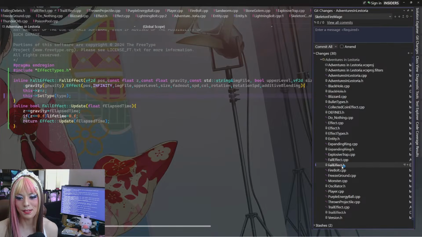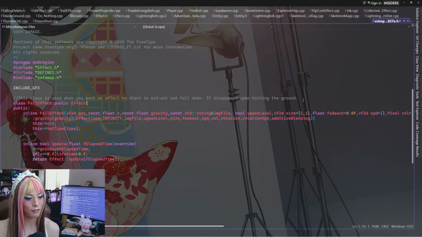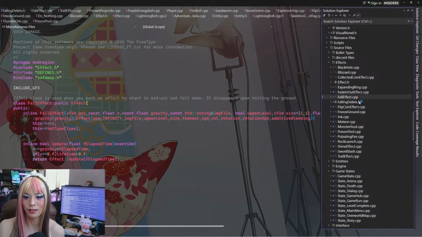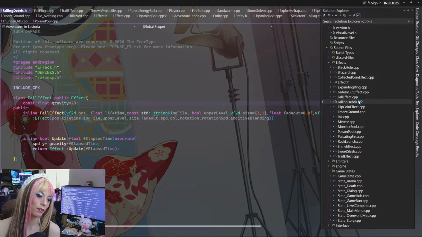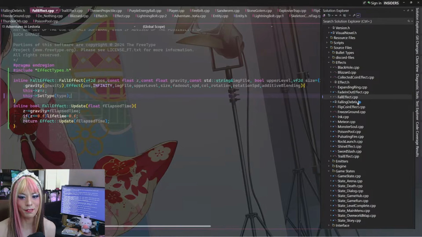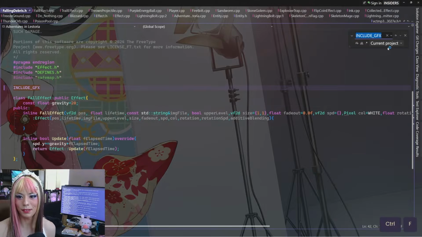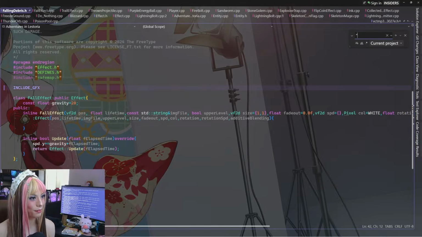I'm confused. Then what did this have? This had inline fall effect and update. I'm so confused. Did I just have two fall effect classes defined by accident before? Does anything use this include? I'm so confused. Falling debris.h.